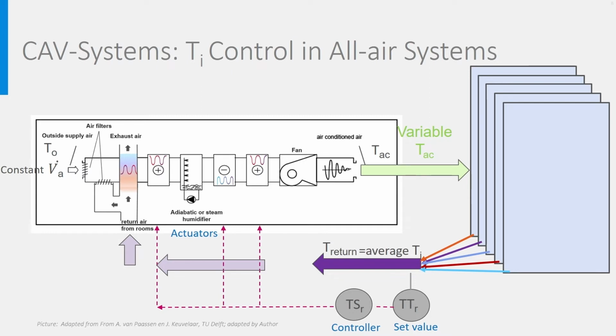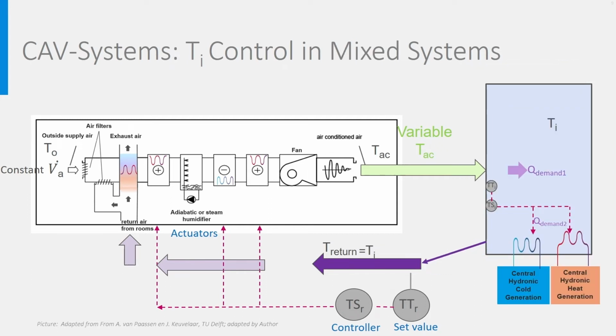Therefore, the control parameter is not the indoor air in the room, but the average temperature of the return air, which is measured in the main duct coming back to the air handling unit. So it is not measured in the room branches, but in the main duct. The set value is in general obtained from experience and tryouts in the specific zone, in which the set value results in lower comfort complaints. You understand that all in all, such an all-air system cannot ensure comfort in all rooms.